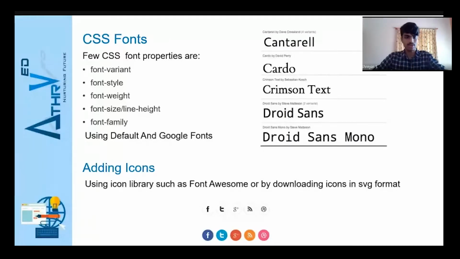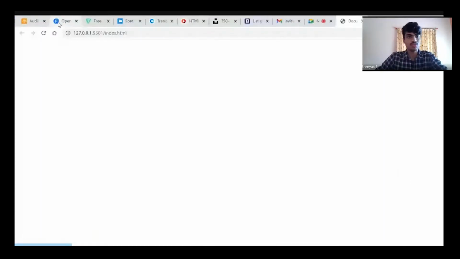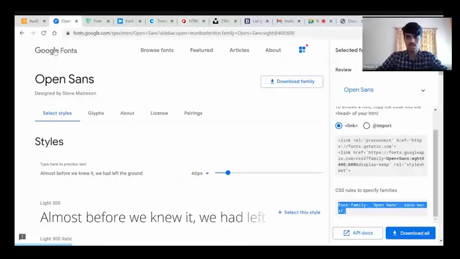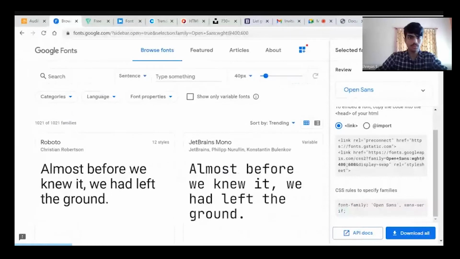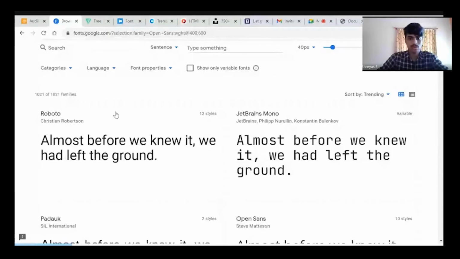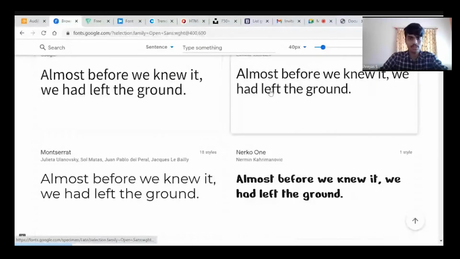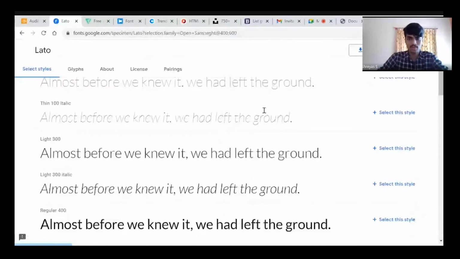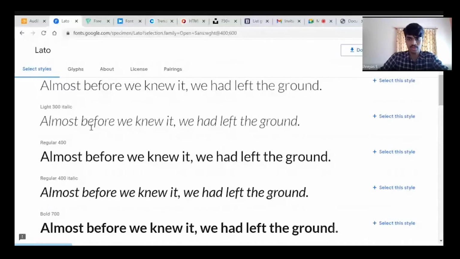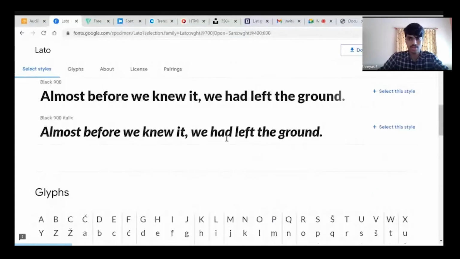Let me show you libraries of fonts. This is Google Fonts. This is the library where we'll get all the fonts. If you want some font, suppose I need this font, I'll select the font. Then just like we use in Amazon, like add to cart, we can select the font that we need. Just select the style. Now this font has been added. Suppose we need a different font, we can even select that font. Now two fonts have been added.